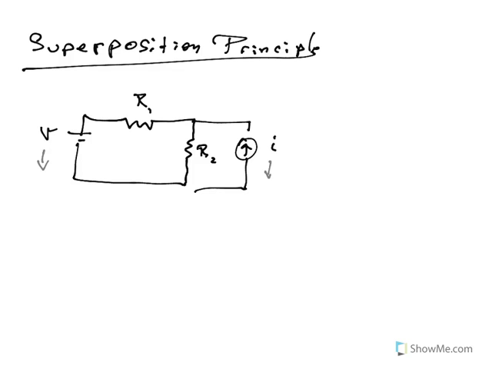Now, of course, in order to do this, we need to know how exactly to rewrite these circuits when we get rid of sources. I can't just willy-nilly get rid of a current source by throwing away the branch or something. What do I do? And this is how you handle things. If you're getting rid of a current source, so if I'm going to redraw this circuit, keeping the voltage source but dropping the current source, then when you drop the current source,